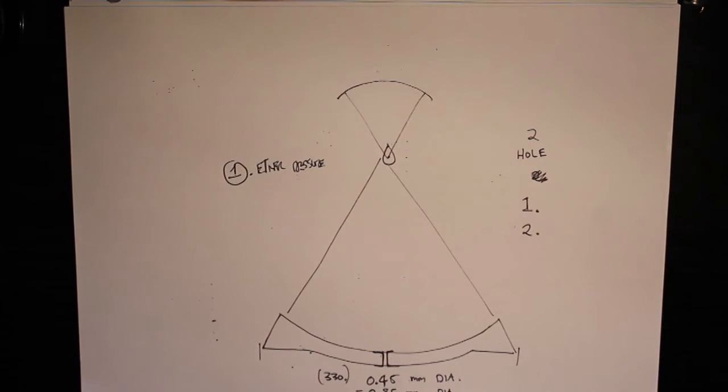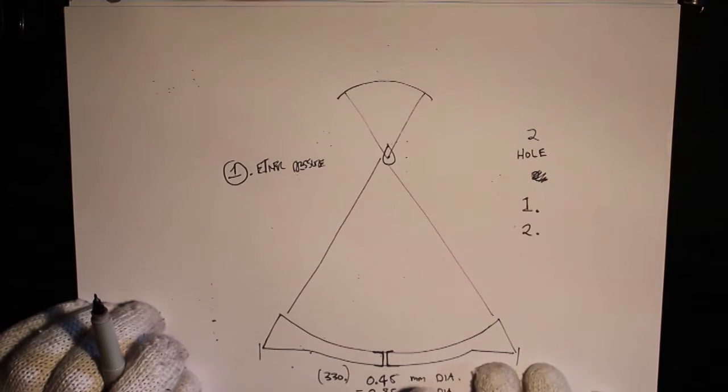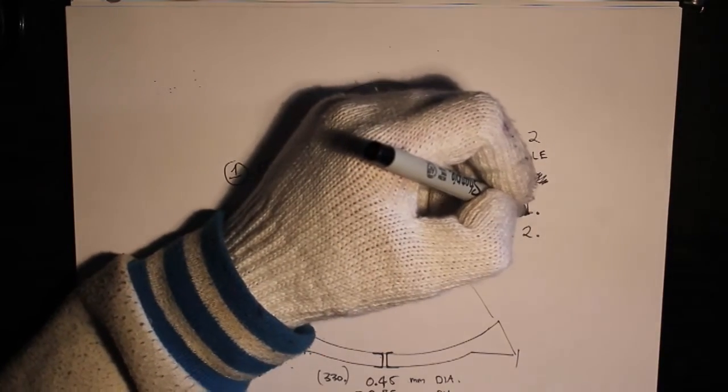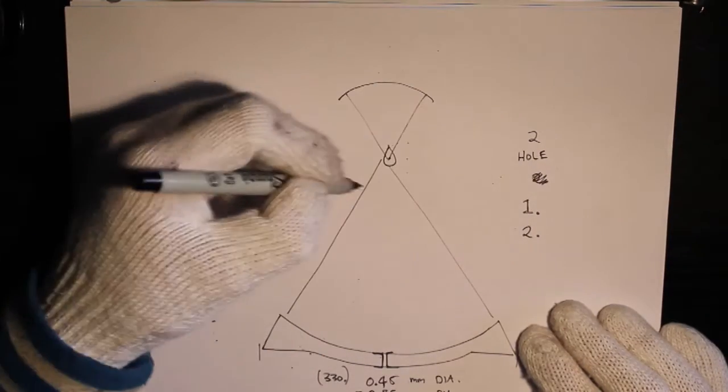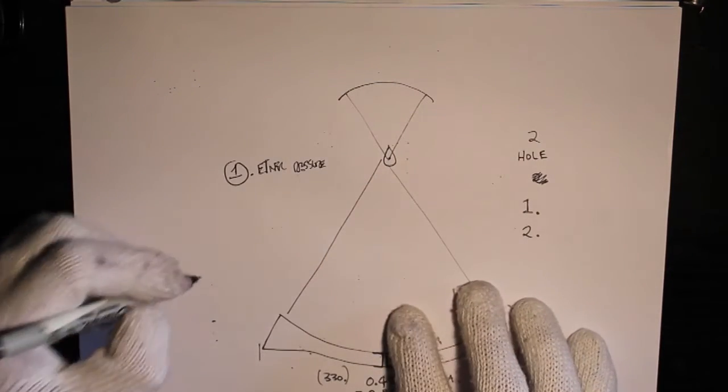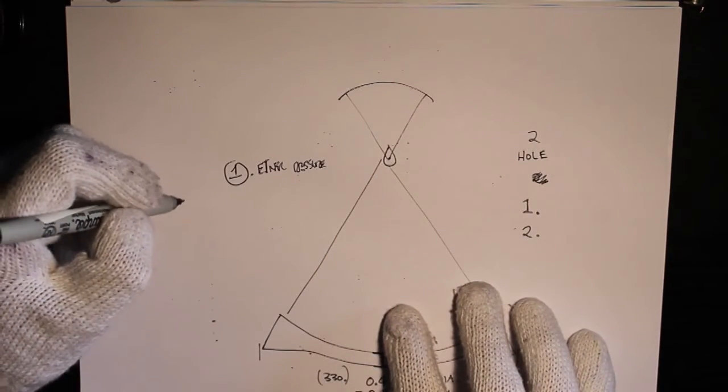That's the size of the hole. And the two reasons for the hole: number one, its main reason is that it lets a bit of energy out of the whole system, and why it has to do that is because